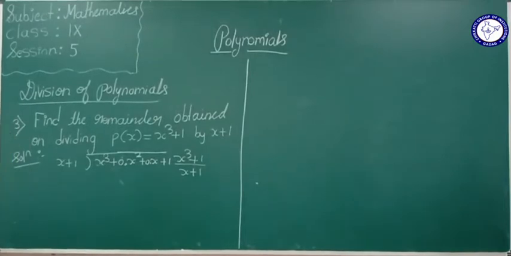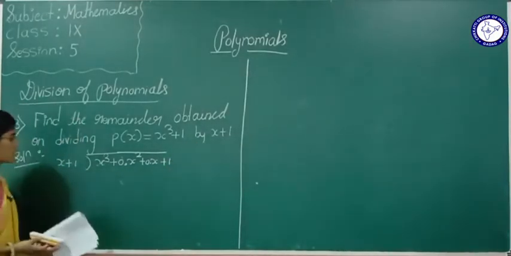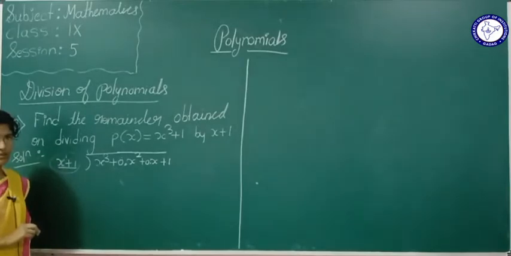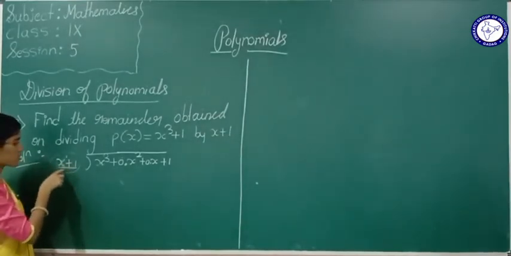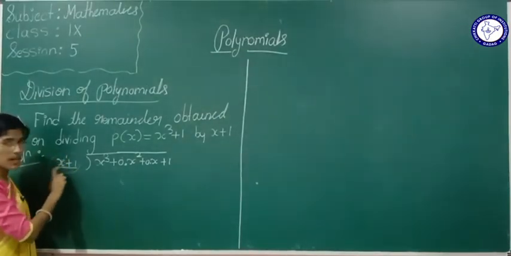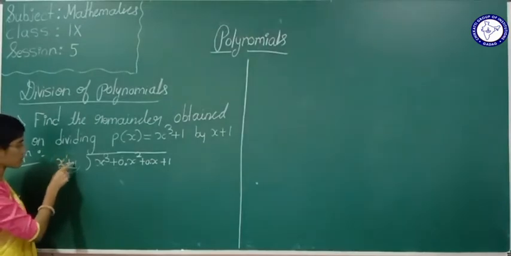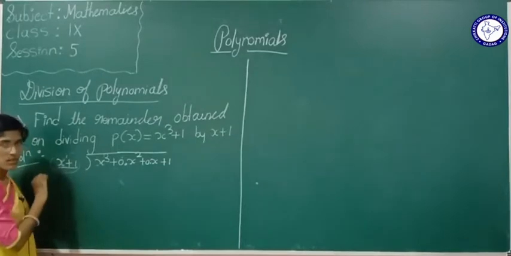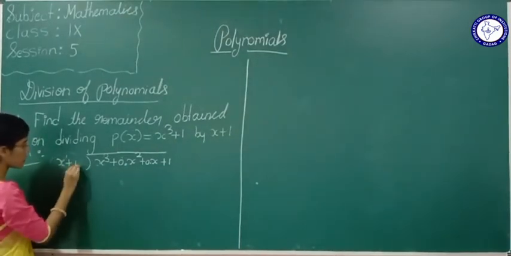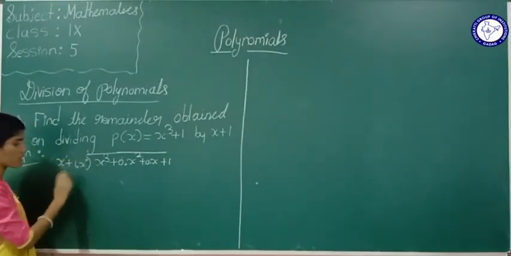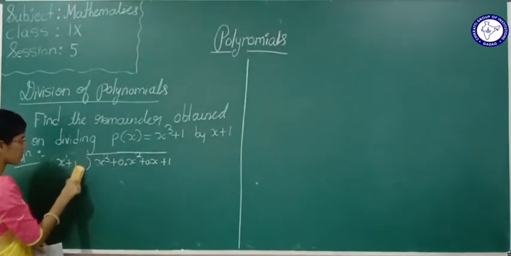Now see about the divisor. In the divisor polynomial the variable is x, and the x power is 1. This also has to be written in decreasing order of the variable's power. Here it is x raised to 1 plus 1. The 1 is nothing but a constant term. This 1 is nothing but 1 dot x raised to 0. Definitely, 1, 0, this is in decreasing order.